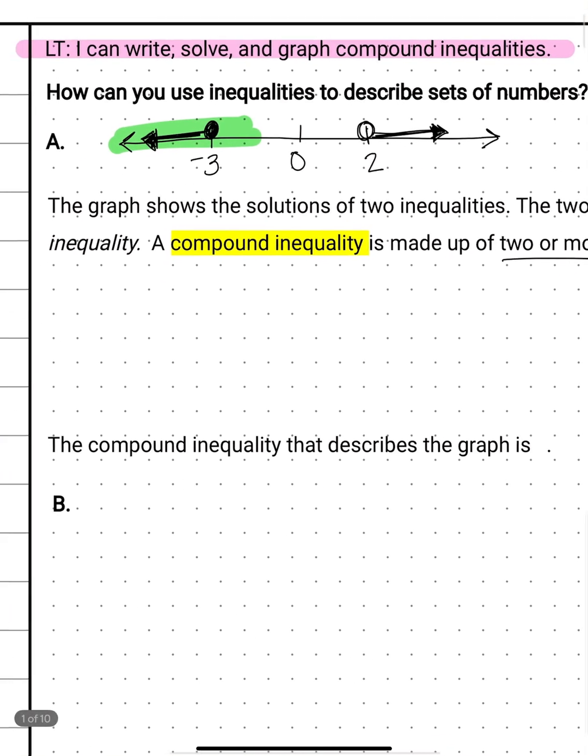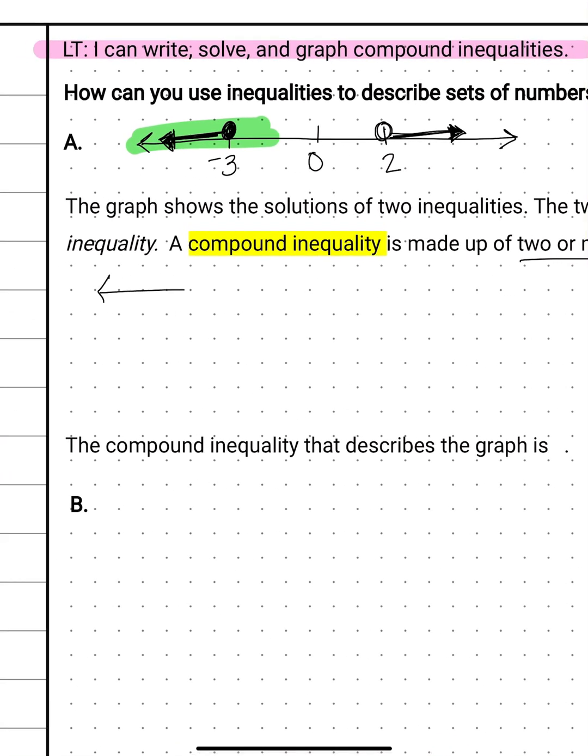So for that little piece, to see what it's representing, we have a closed circle at the value of -3, and then we're indicating all the solutions to the left of that -3. Because it includes the -3, since it is a closed circle, the inequality for this would be the x values that are less than or equal to -3. If we look at the other side,